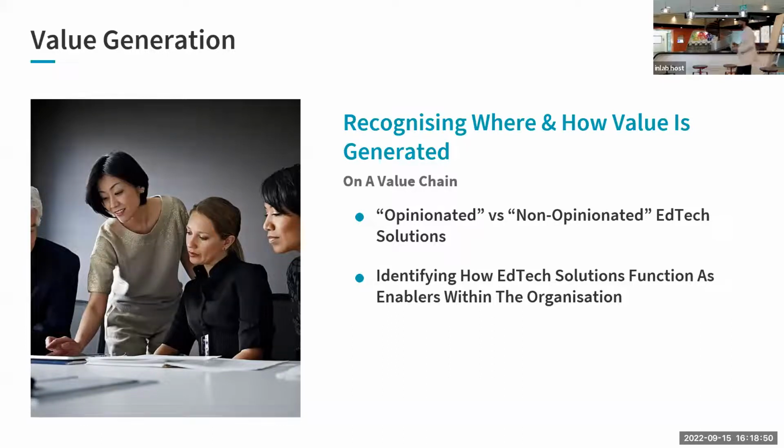All right, I'm good. So identifying how EdTech solutions function as enablers within the organization is really important, because there is an opportunity here to recognize that every stage of the value chain within the organization, learning and EdTech solutions can provide a value multiplier for every stakeholder. What I mean by that,